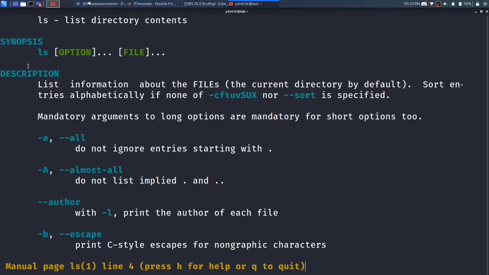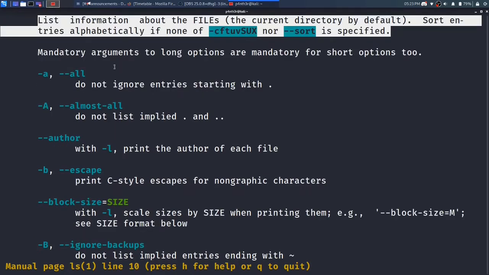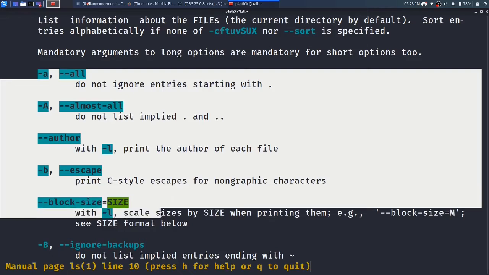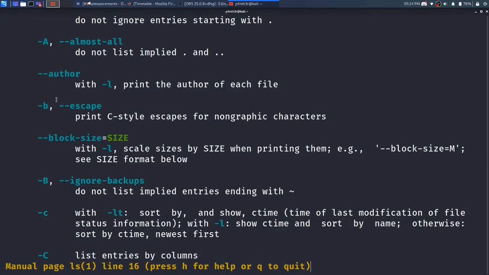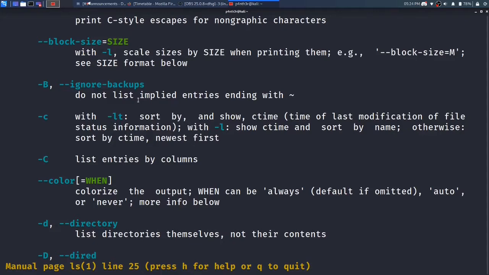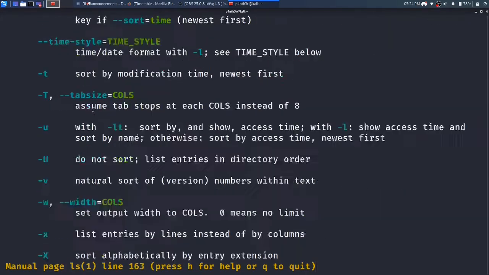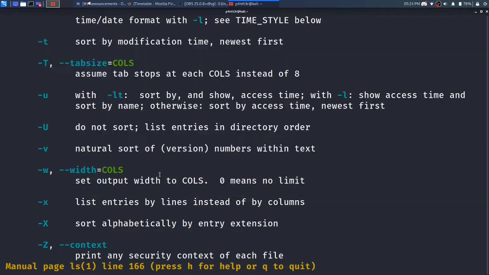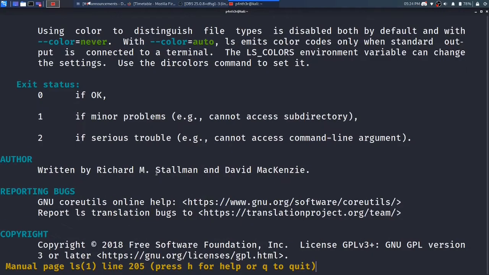In the third section, it is giving the description, what ls is and how to use it. Here it gives me all the options for using the ls command. See here, this option is used to show hidden directories and files. I have made a video on how to use ls, you can also see that. If you want to see the manual of the ls command, type man ls and you can view the manual and find there are so many options. See here, so many options are given, so you can use them and explore.